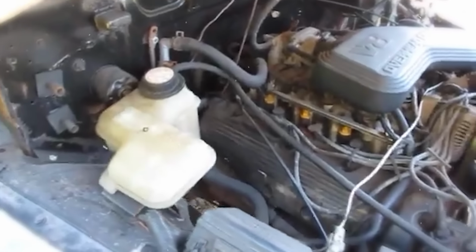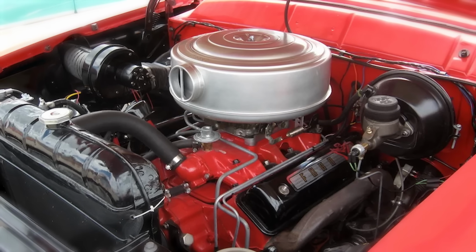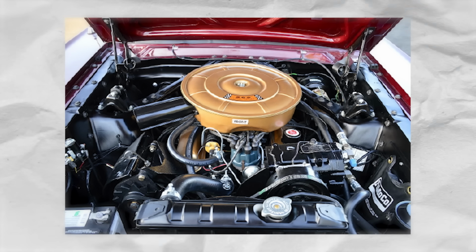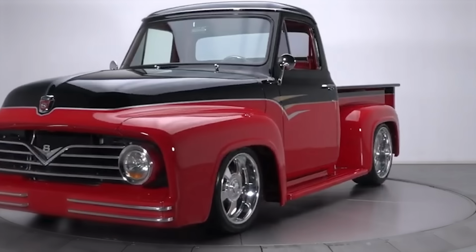In terms of engine options, the F100 offered several choices. It included the 3915 cubic centimeters Y-block V8 and a more powerful 4455 cubic centimeters V8, which delivered up to 167 horsepower. These engines could be paired with either a 3-speed manual transmission or the optional Ford-O-Matic automatic transmission. Despite its advanced features, the 1955 F100 gained a reputation for being one of the worst models of its time